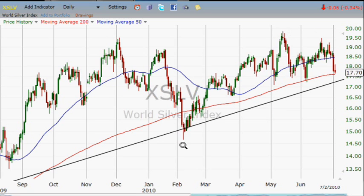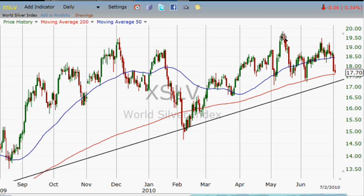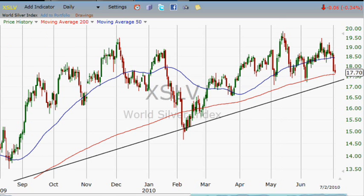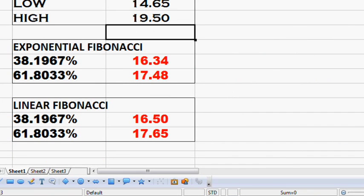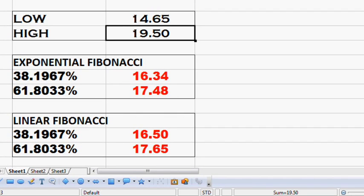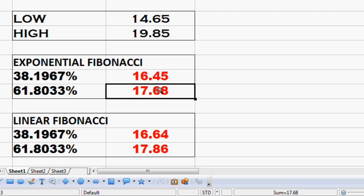The Fibonacci I showed you was linear. The bottom in February was 1465, and this top is 1985. So if we take the bottom of 1465 and 1985 as the top, we'll get some Fibonacci levels on the exponential side at 1768 and